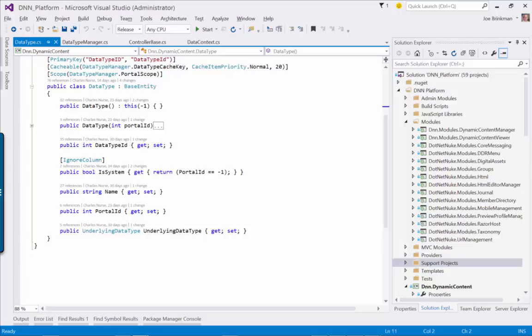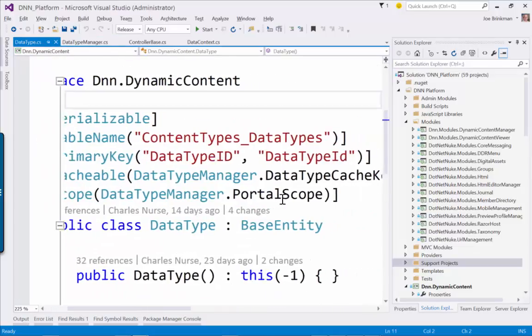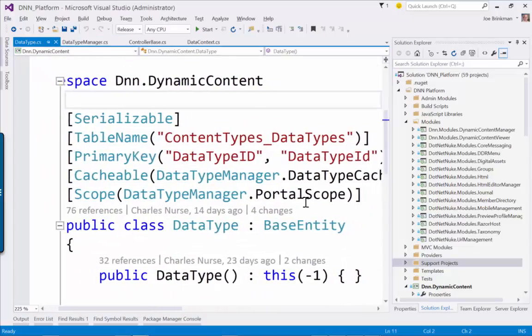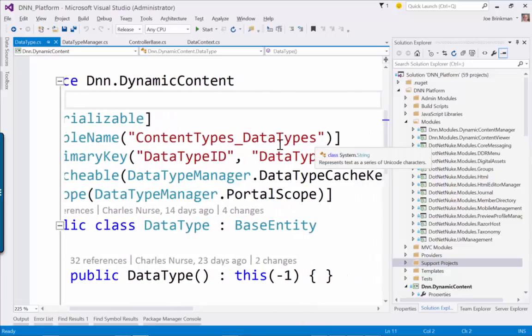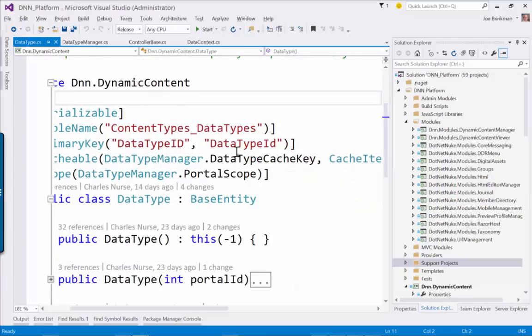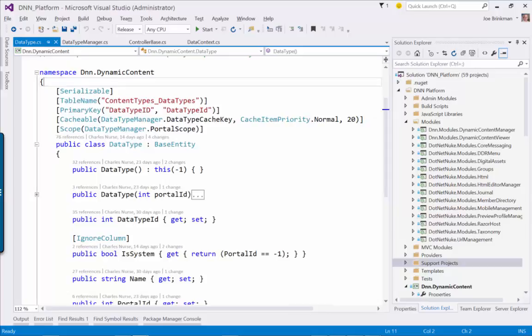So I've got my structure. I know what my data looks like. Now, how would I go about mapping that to the database? Well, we've got these attributes at the top of the screen here that say here's my table name, here's my primary key. I can make it cacheable, or I can set a certain scope, lifetime. Does this scope down to the portal? Does it scope to a particular module, or is it not scoped at all, right? So all of those things I can define on my data type,